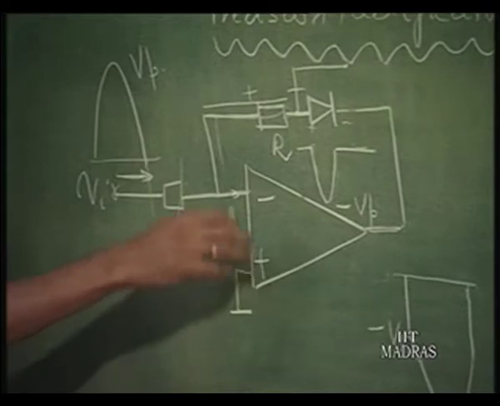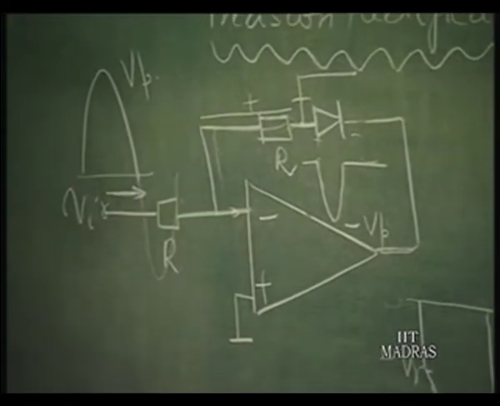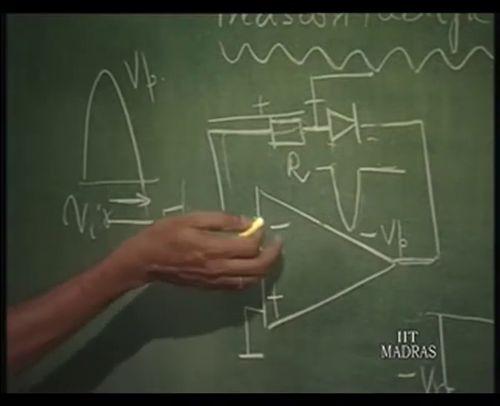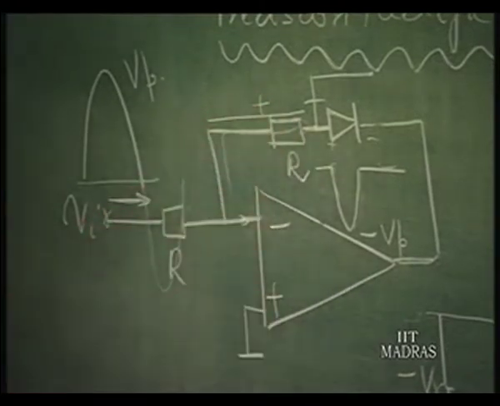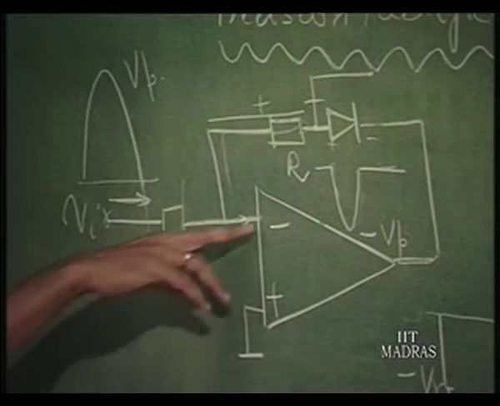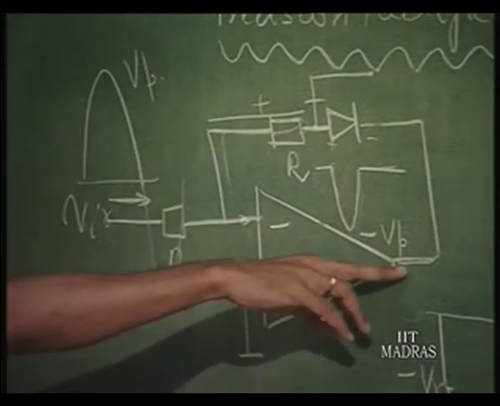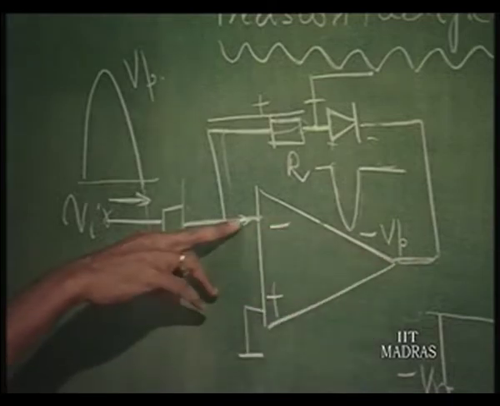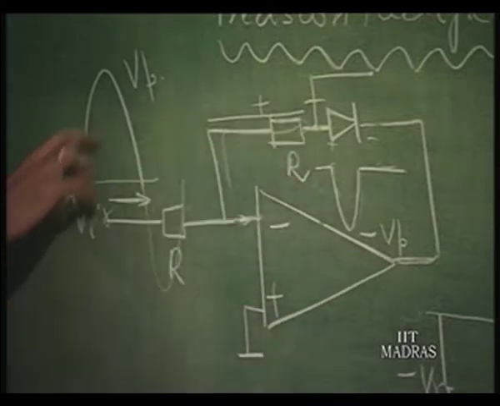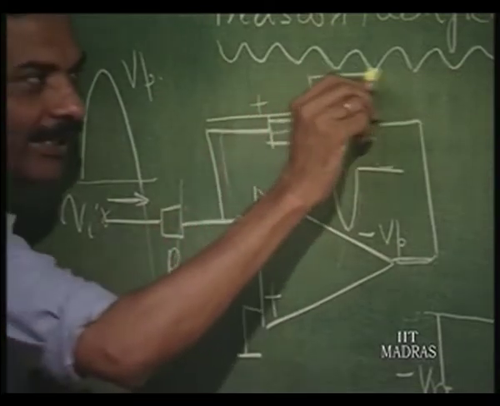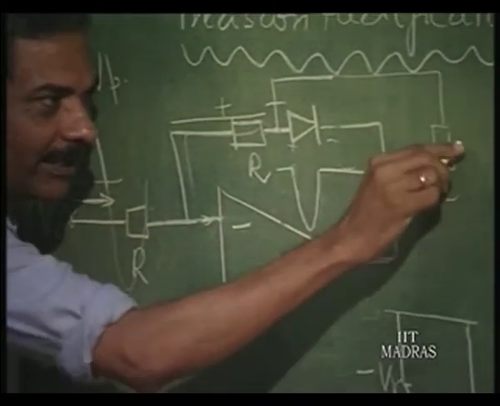When it goes negative, no diode is there, the op amp is not conducting, the op amp is not having negative feedback, and therefore this negative voltage will directly appear here, and this will go to positive saturation. So, this voltage will appear here, and this negative voltage appearing here will make it look like a full wave rectified waveform. But then I cannot draw any current from it, because the moment I draw a current here,